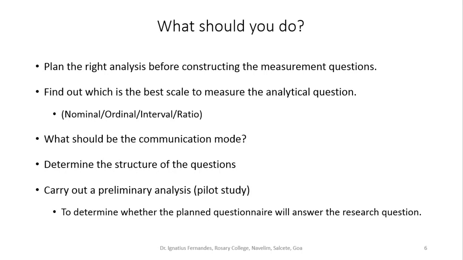So what we need to do is, suppose you decide that you have to ask some questions to say 2000 respondents. Depending on your population size, you will decide your sample size. Now it is best to carry out a smaller study first, and then go to the bigger study. So instead of going directly to these 2000 respondents, you collect the data from a small sample of say 30 to 50 people and analyze this small sample.